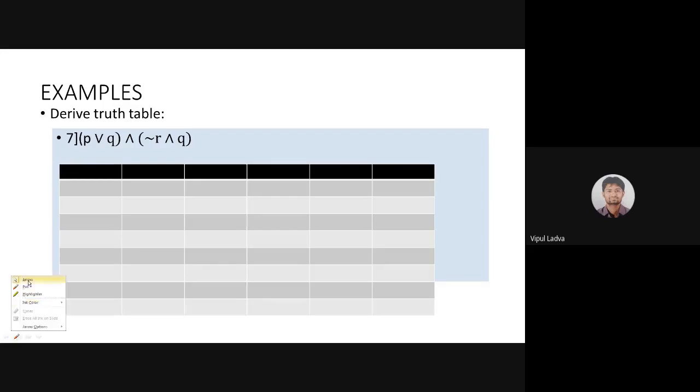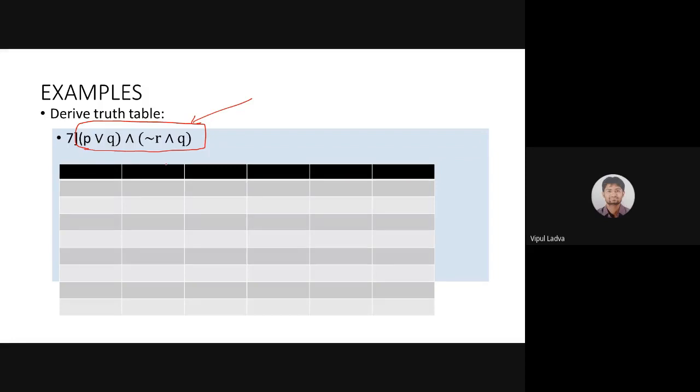So let's begin with this. It will be a revision of the last session as well. Now, in this question, we are supposed to prepare the truth table for this compound statement. When we are dealing with more than one statement, and we are using operators, whether conjunction, disjunction, negation, all that, the resultant statement is known as a compound statement. So this is my compound statement, and I'm looking to identify its truth value.